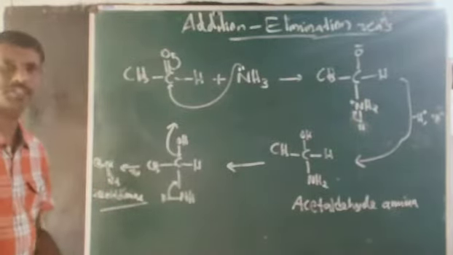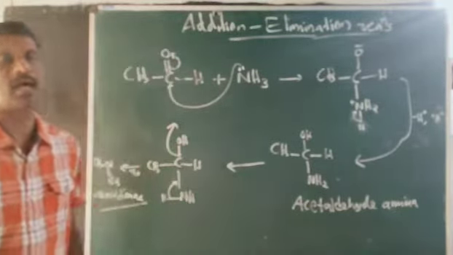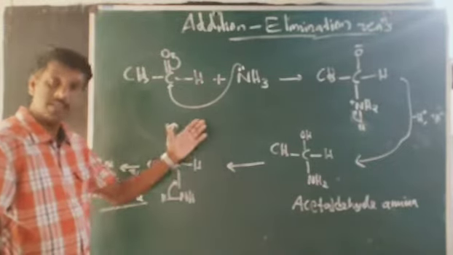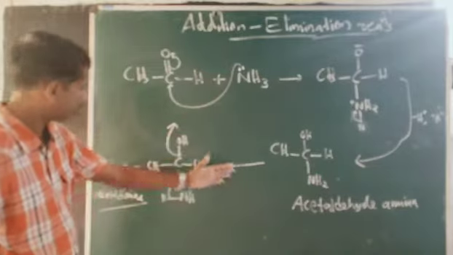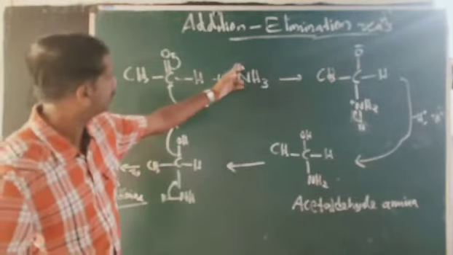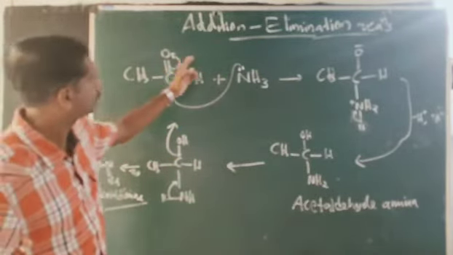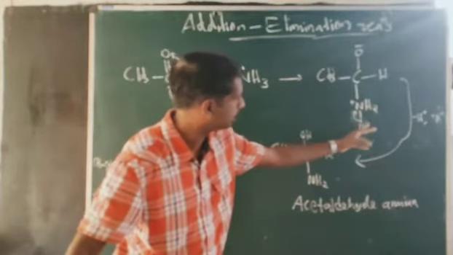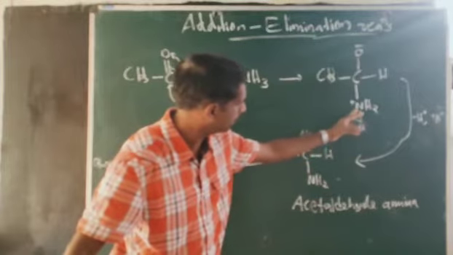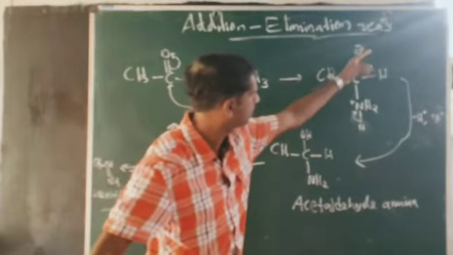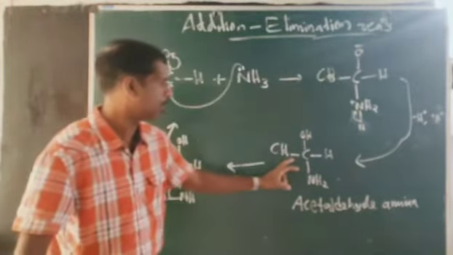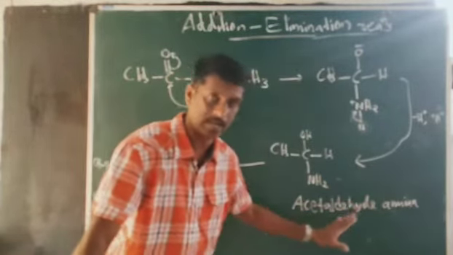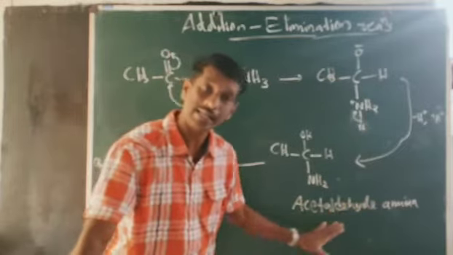So this is the mechanism of addition of ammonia, or addition of ammonia derivatives, also the same mechanism. Okay, so I hope you understood this mechanism. This pair of electrons is attacking here. So we get O minus, and NH3 plus can be written as NH2H. For stability, this bond is shifting to here. This removed H plus is going to oxygen. So you are getting this compound, which is known as aldehyde ammonia.